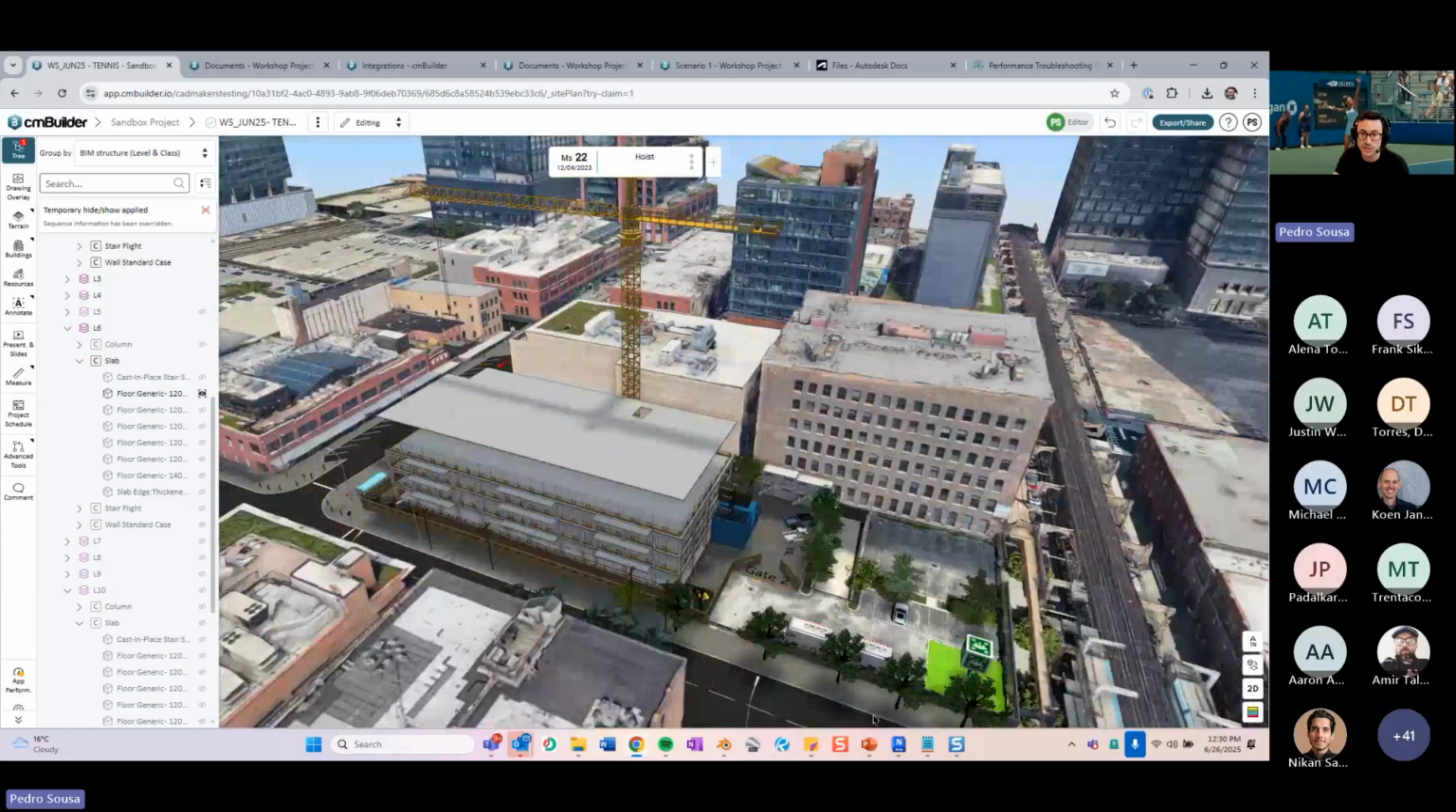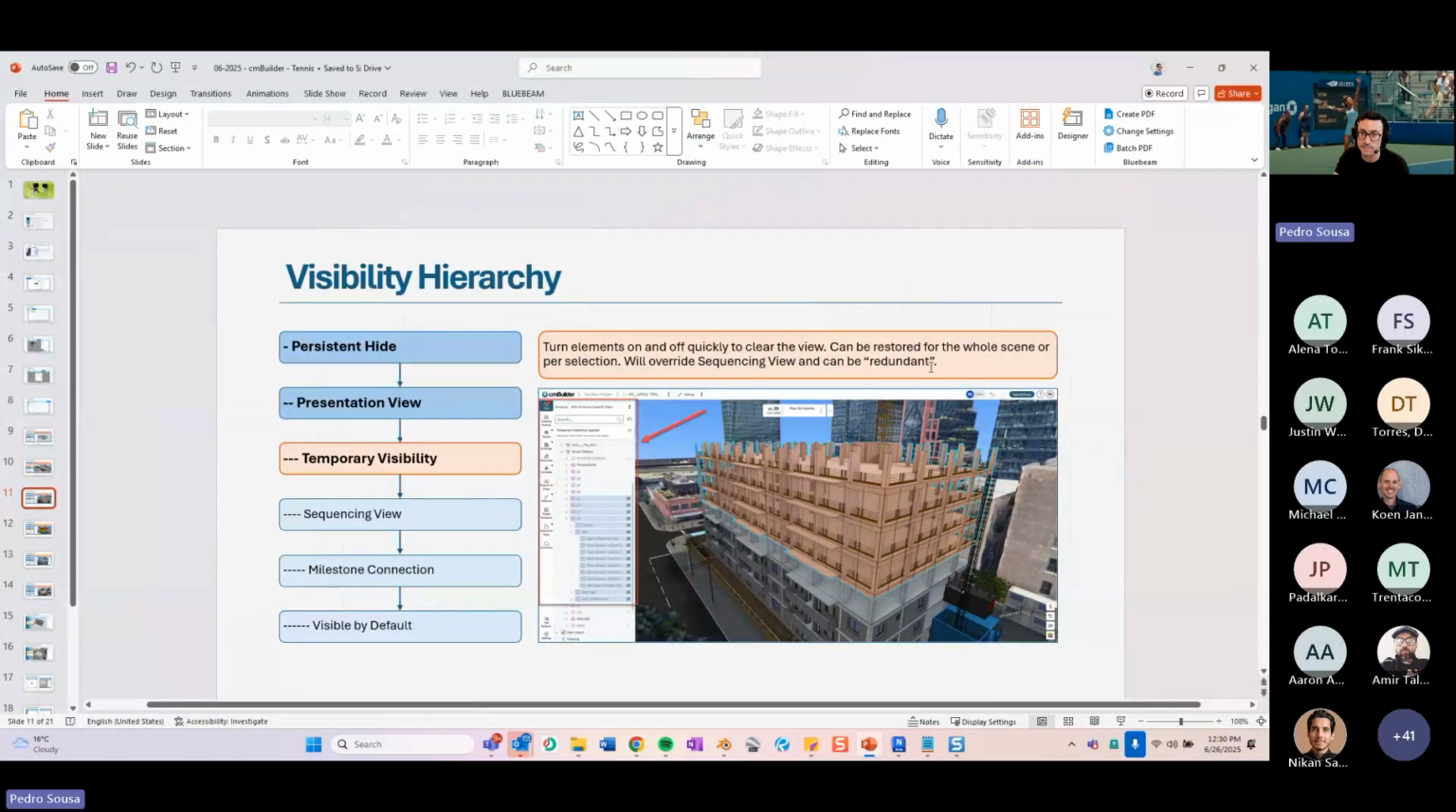Okay, so that's what I mean by you can make this visibility state be redundant, because you can force it to be on at all times or off at all times, even if you don't click on the reset temporary show. Okay, I'm not sure if I made myself super clear over here,